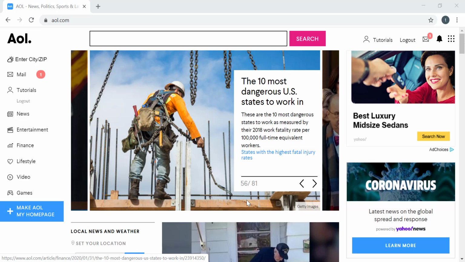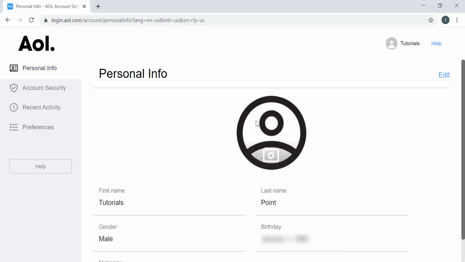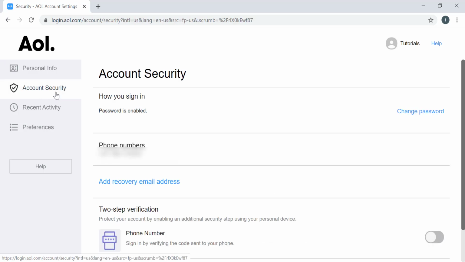In the top right side of the screen, you will see an option with your name on it. You have to click on that option and AOL will take you to your personal information page. You have to click on the second option on the left of the screen, which is account security, and after clicking on it, AOL will take you to this page, and on the right side of the screen there is